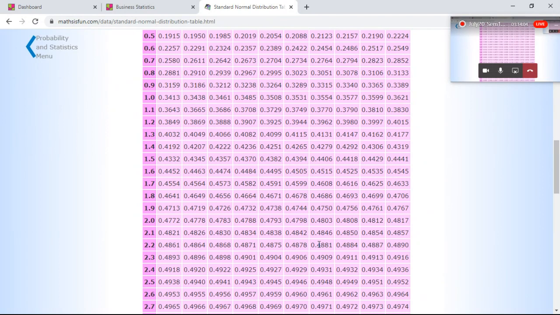4798 is given. So your percentage means half of the employees are working. 4798 means approximately 50%. So we can conclude from here that half of the employees are working more than 10 hours. So this is a table that you can learn.